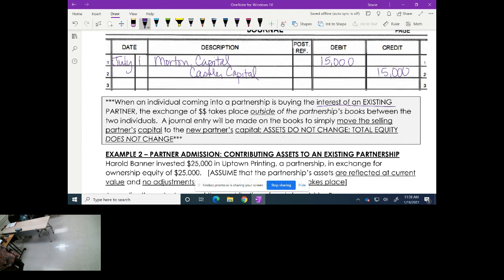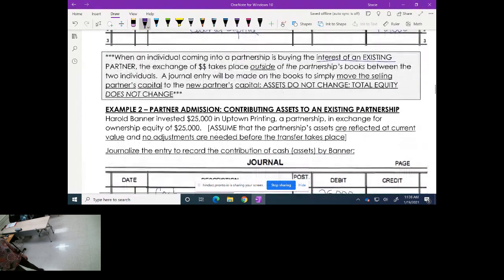Just make sure that you understand assets aren't changing. Total equity is not changing. We're just renaming it essentially. Okay, so